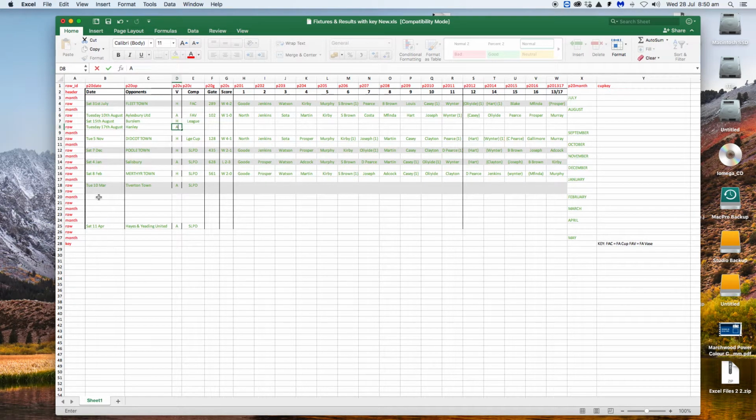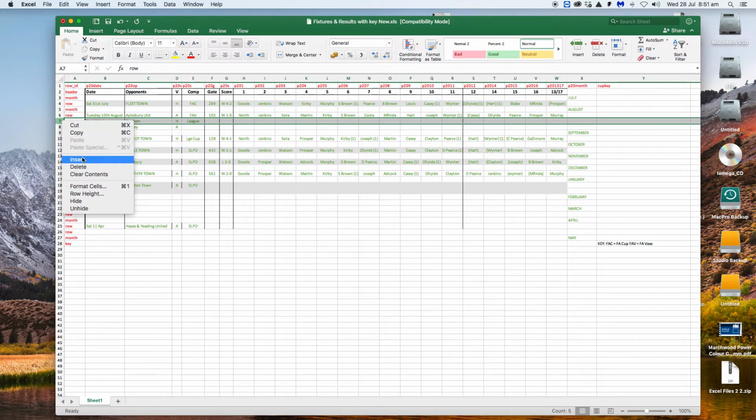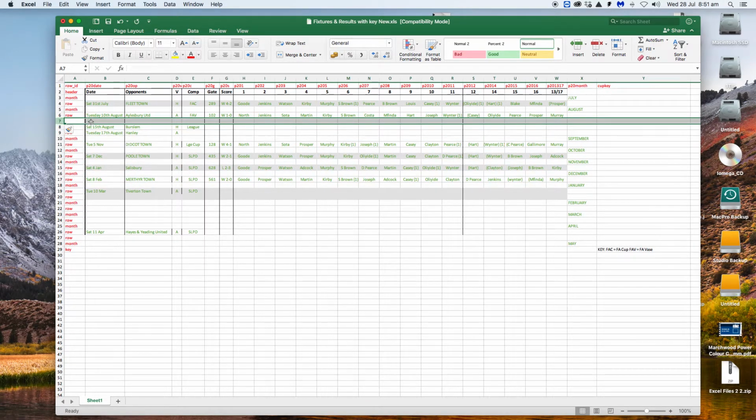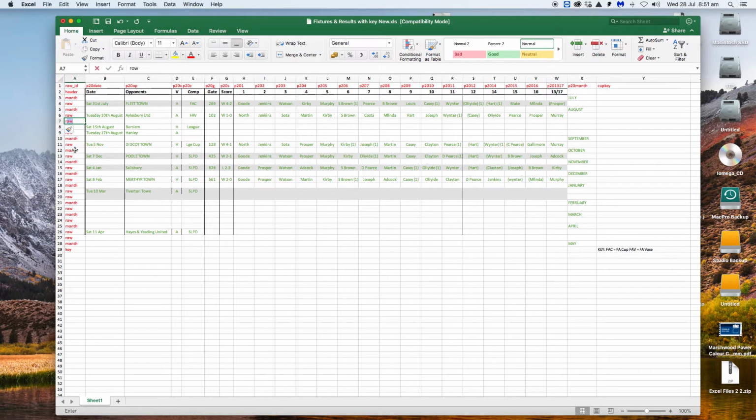Now, where the cleverness of the whole system is, for the sake of argument, that FA Cup one at home, we drew it, and we've got a replay away, and it's between these two fixtures which I've just put in. So if I insert a new one, now again I have to put in row. I put in Thursday 12th August,